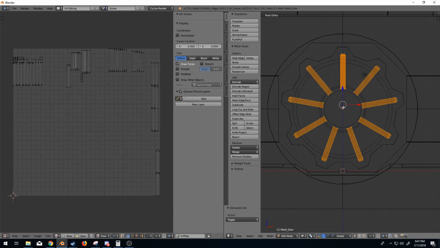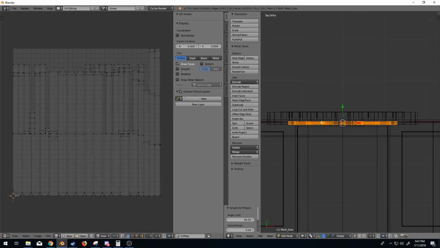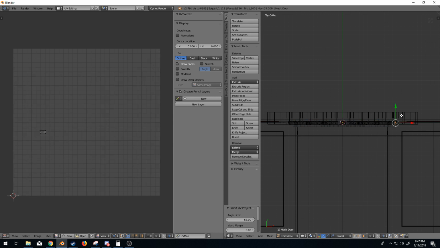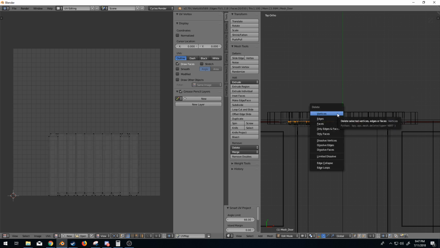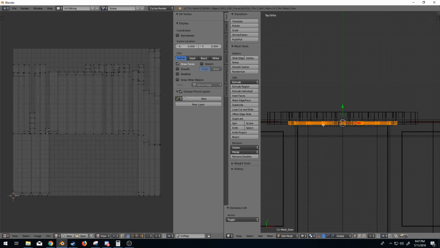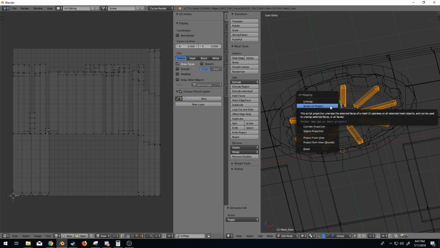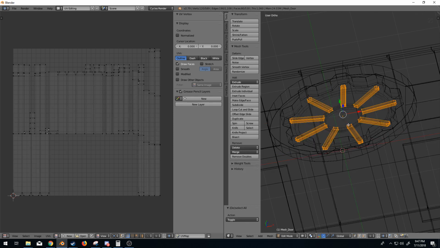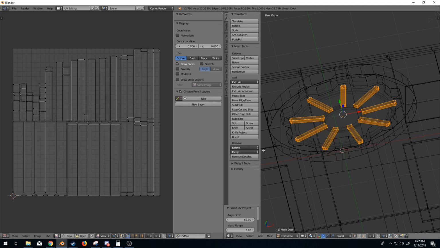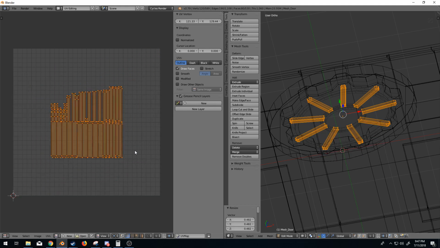I'm going to hide these, and with these I'm going to go U, smart UV project, and that means as well that technically, because these are, no, they're not in the door, what I will do is let's deselect B and get rid of all these back faces because we don't need them. Select, delete faces, and now I can go UV. Yeah, let's just do that. Smart project, scale,